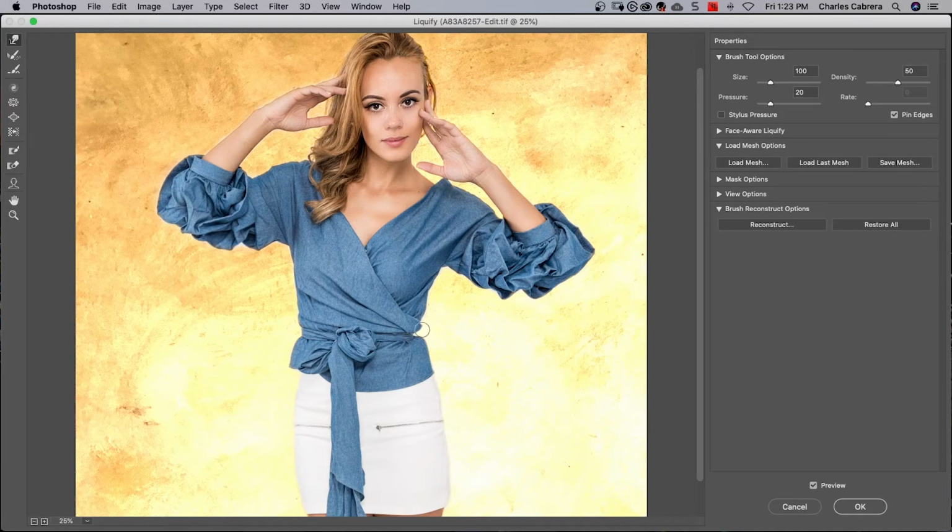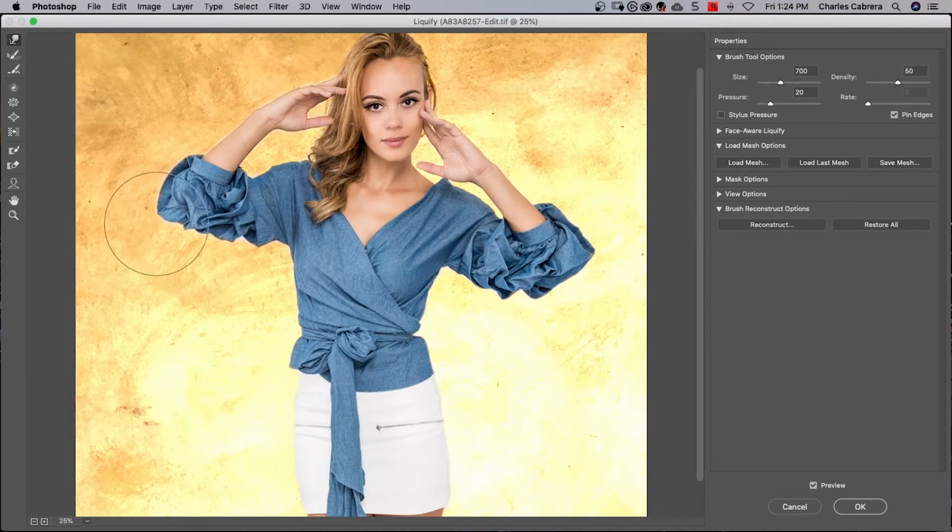And here's another little point here. And push that in, make the brush a little bit bigger. I'm going to push that side in. Now I know this style of top that she has on is supposed to be ruffles, and for our purposes, we're just going to show how to use the tool. So if I have a bigger area that I want to push in, I can make my brush bigger and push in like that and push in more area at once.